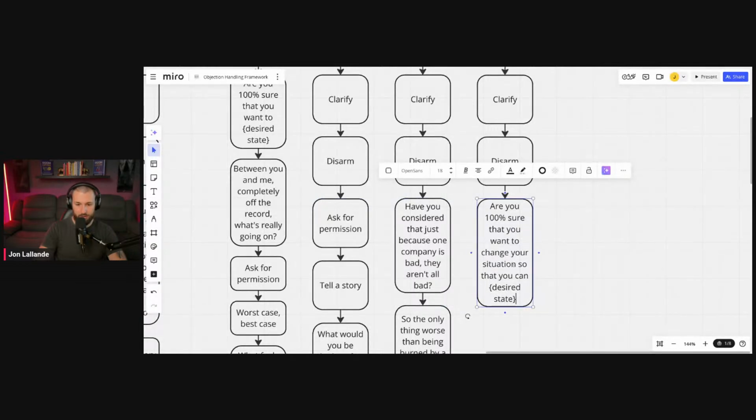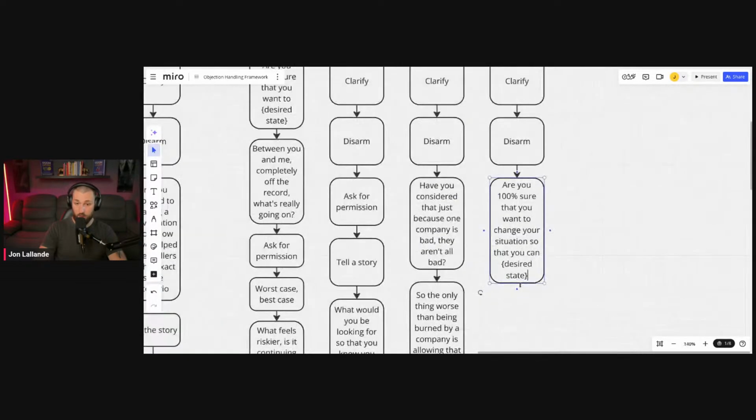Now, I'm going to give you guys an example that I used on this lady who was all over the place. I think I went through every single one of these objections on her. And so I asked her the last one, and she's like, it's a lot, right? It's a lot for me to even think about right now. It's a lot of change. Okay, well, are you 100% sure that you do want to move into this next house so that you can start cooking for your family? She's like, yes, I've just been here for so long.